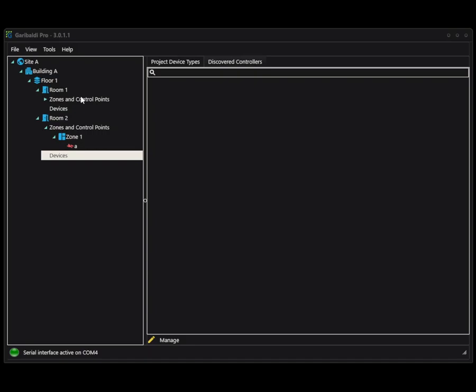So there are two different ways to pull in devices. If you are on site and you have your interface plugged in and you have your equipment installed and powered up, you can choose to discover controllers and pull it in without having to even know what is out there. Otherwise, if you're working offline, you don't have your interface plugged in, you can go ahead and choose project device